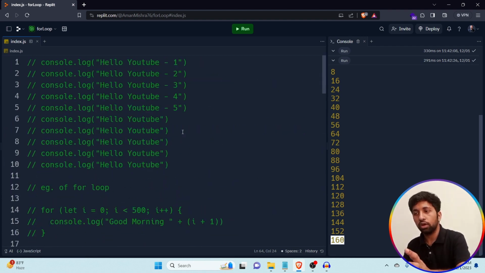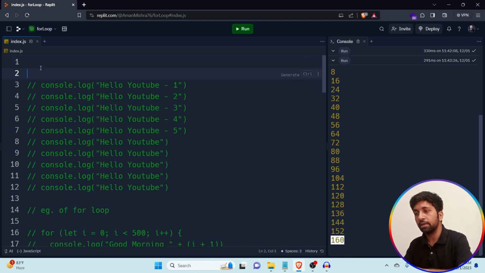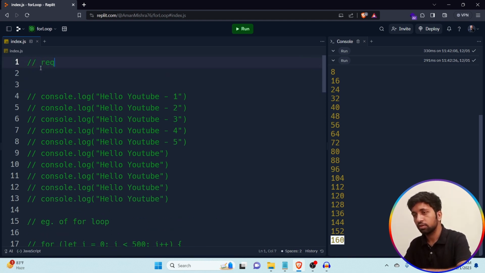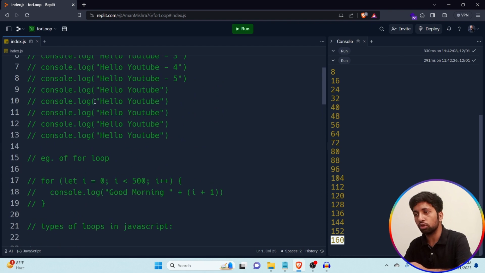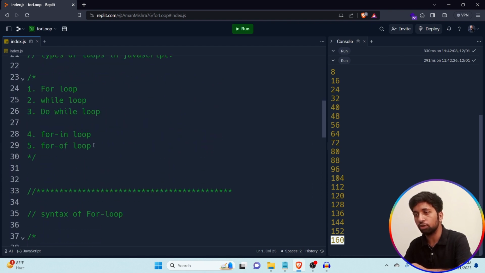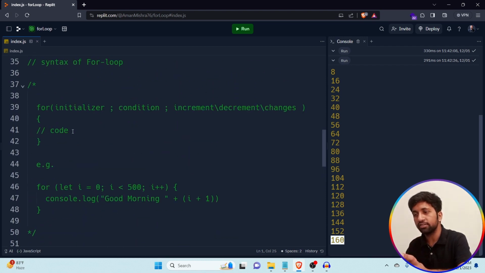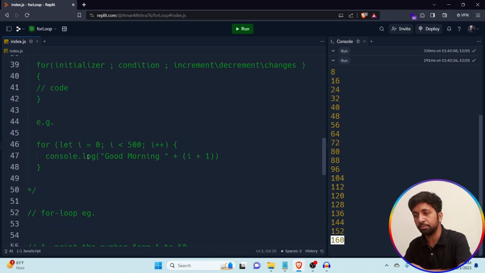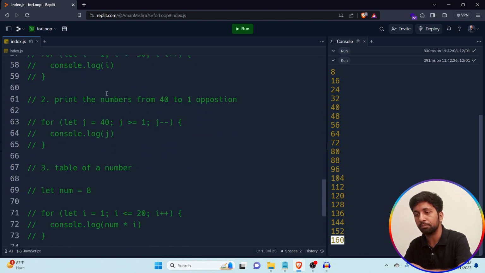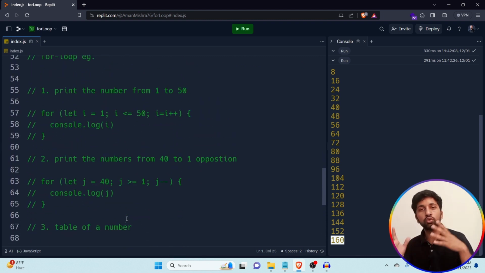If you have any doubt till now, let me recap what I discussed. First, the requirement of loops. After that I discussed how to solve this particular problem by using the for loop, and then the types of loops. The first type of loop I discussed in this video is the for loop: what the syntax is and how I relate the syntax with this simple example. And after that I took three examples so you are able to understand how to use the for loop in